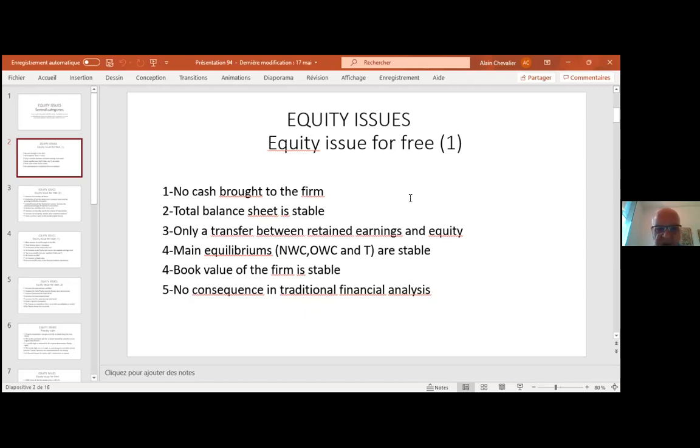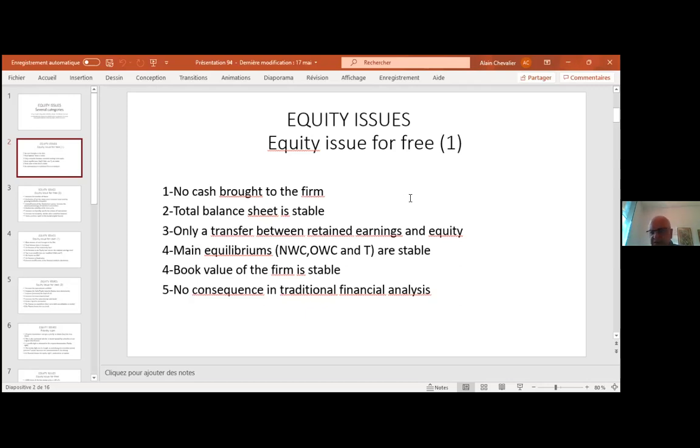the two main categories of equity, which are the retained earnings and the equity level. Remember that total equity is made of two different elements. The equity level, which is made by the cash brought by the shareholders, and retained earnings, which is year after year part of the net earnings, which is kept into the firm. We have a firm being distributed through dividends to the shareholder.